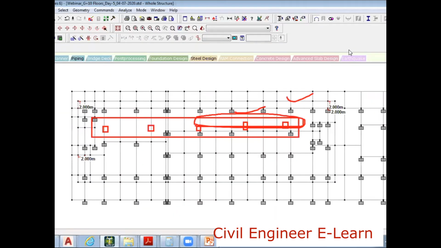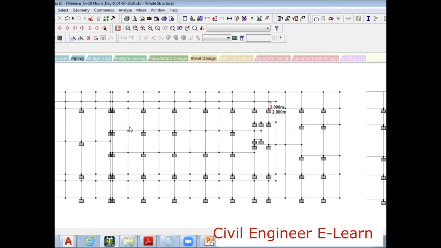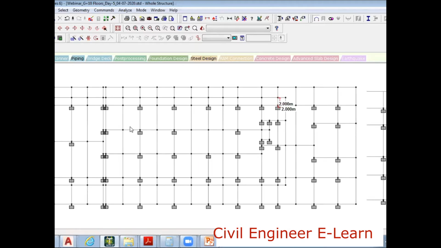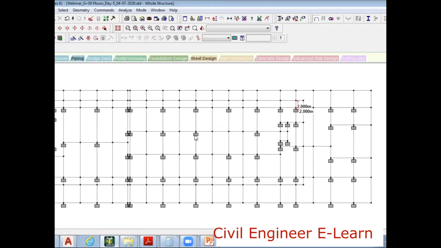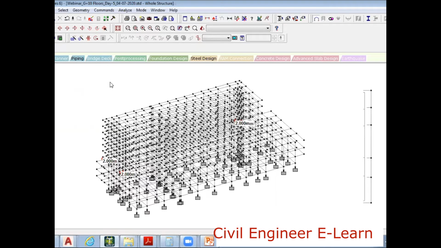So what I do is, now I go to this point. I realize that these columns would not be continued. Right? 1, 2, 3. These columns would not be continued. Now I wanted to see only these column locations, or just separate only columns. So I go to this select.